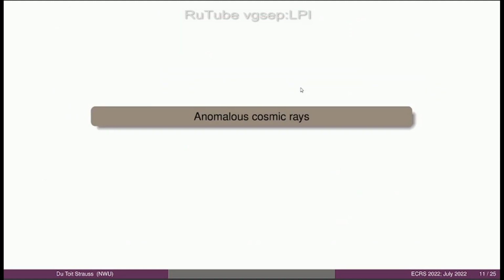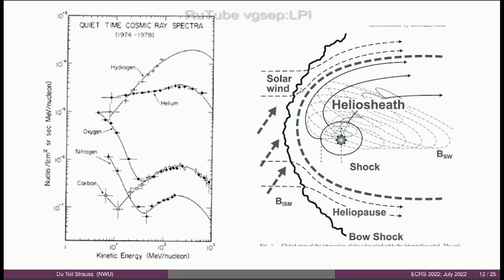with these multi-spacecraft missions. The anomalous cosmic rays, that has a much longer backstory to explain where they come from and to convince you they are actually real. These are observations, again, from the 1970s when the anomalous component was observed as an anomalous enhancement in the galactic cosmic ray intensity. So the energy spectra here, for instance, these black dots over here at higher energies show the spectrum measured at Earth for galactic cosmic ray oxygen. It looks more or less as expected. There's also protons, helium, carbon, and nitrogen.